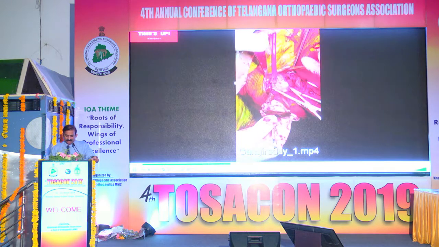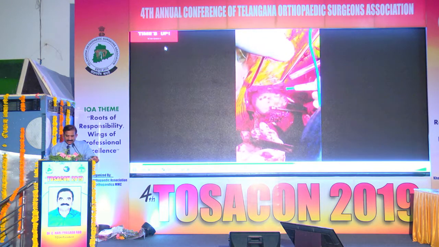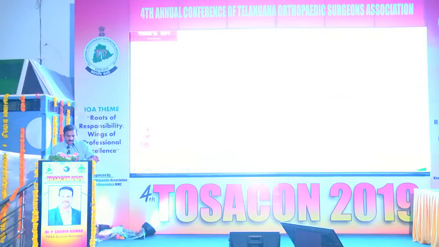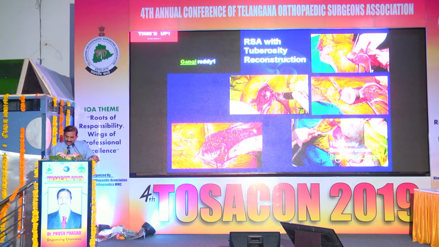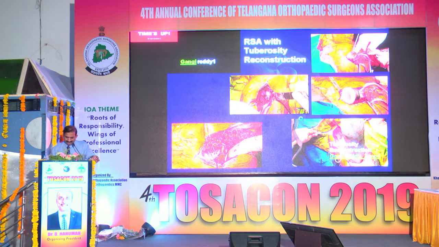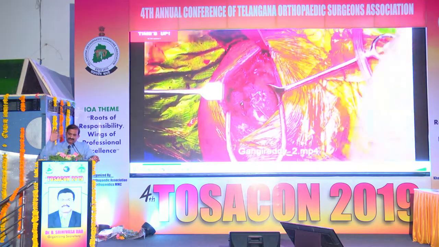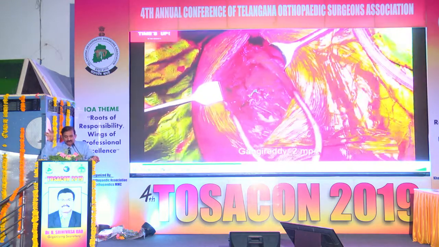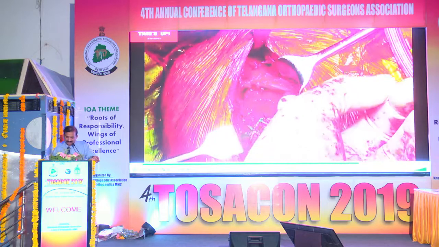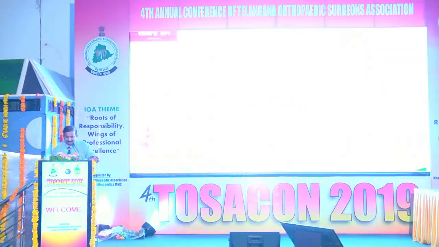So this is how the head is being released, you're opening the book and releasing the head. And he underwent reverse shoulder arthroplasty, with glenosphere, metaglene, and tuberosity reconstruction. You can see that both greater and lesser tuberosities and shaft are all moving together. And you can see the conjoint tendon, looking for the tension of the conjoint tendon.